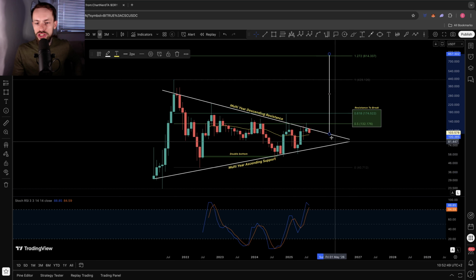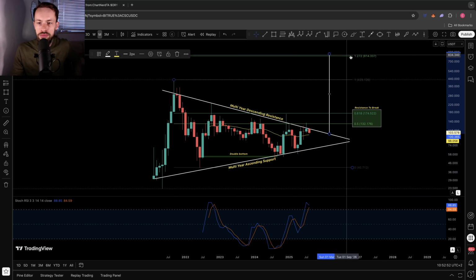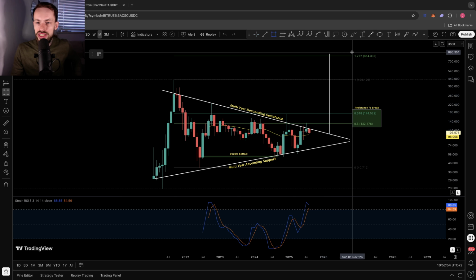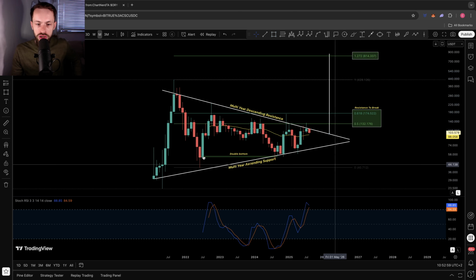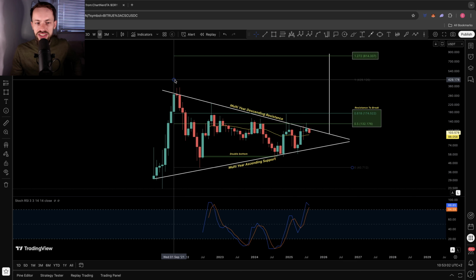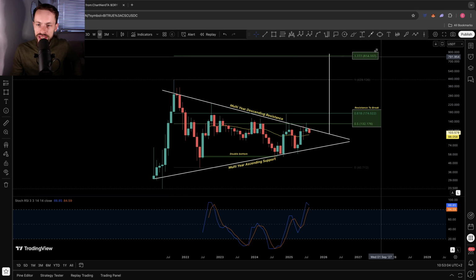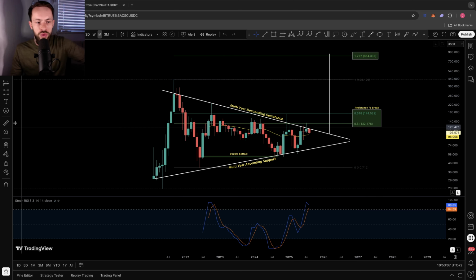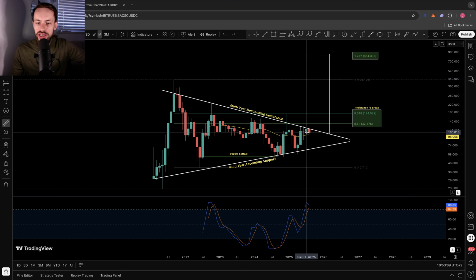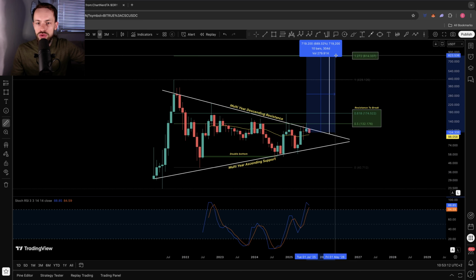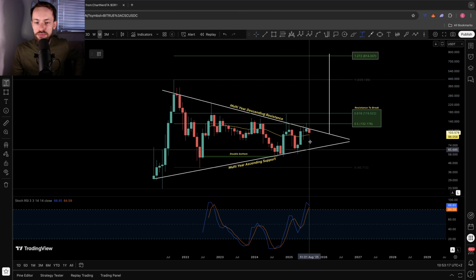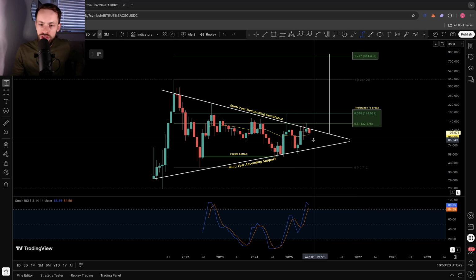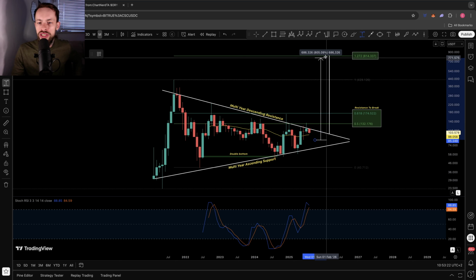You can see that once we do clear that resistance, the actual breakout target brings Quant from this multi-year symmetrical triangle up to its 1272 Fibonacci extension, going from the $40 low of 2022, retracing back to the all-time high. If the all-time high is cleared, this is the target, $814. And we're looking at, from current prices on Quant, that being a sort of 6 to 7x. But it's worth noting that if we do get that opportunistic pullback sort of coming back towards $85 maybe in October, that then would increase this move and make it a potential 8 to 9x.